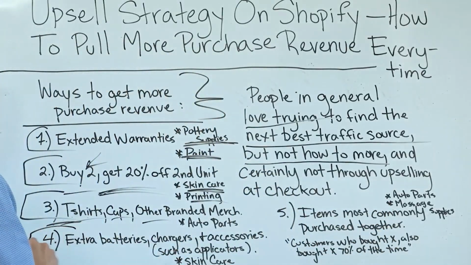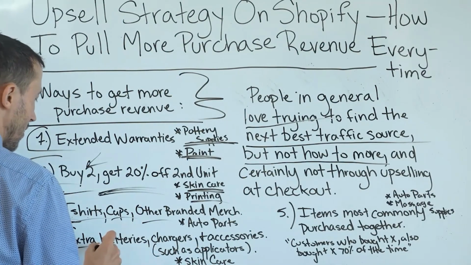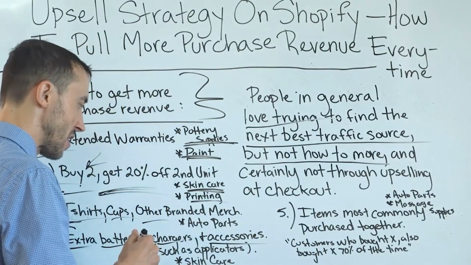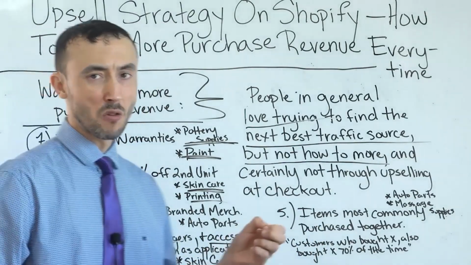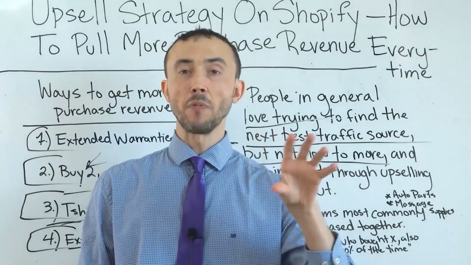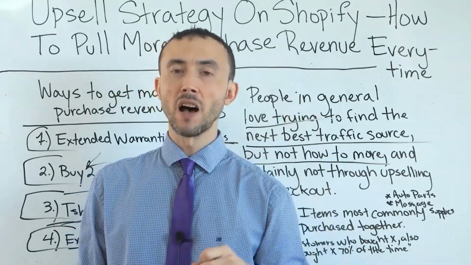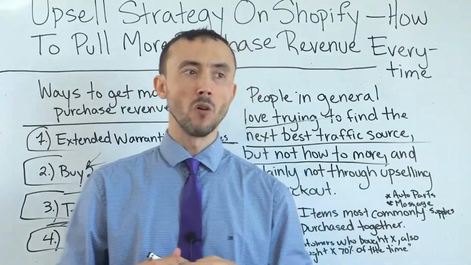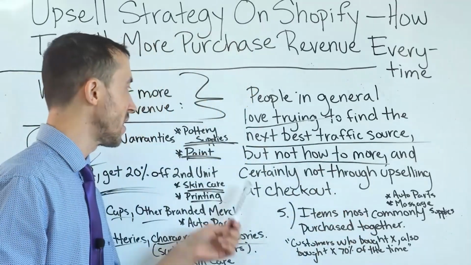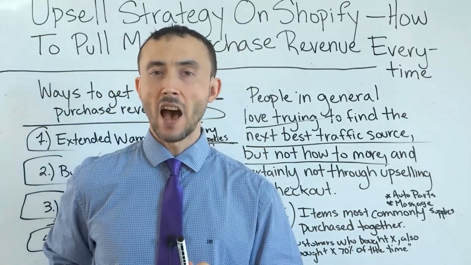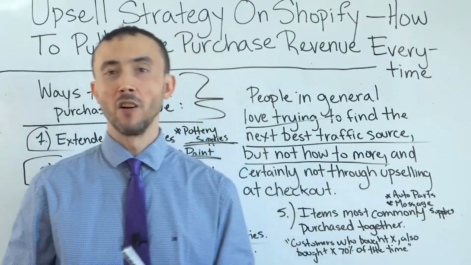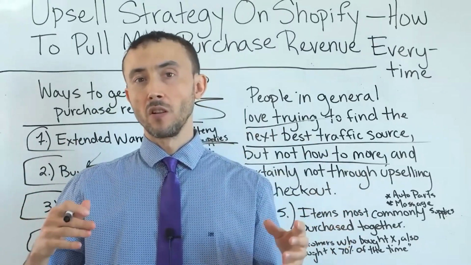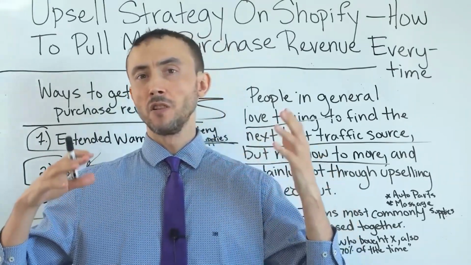Fourth example of upsells you can offer: extra batteries, extra chargers, extra accessories such as applicators. In the skincare space, going back to that, we would sell an applicator kit to make it easier to apply whatever you're applying to your face, basically brushes, that kind of thing. So just extra revenue. What I tried to get the paint guy to do, going back to that, I said, what we learned in the skincare space is, why are you not selling a kit with gloves,